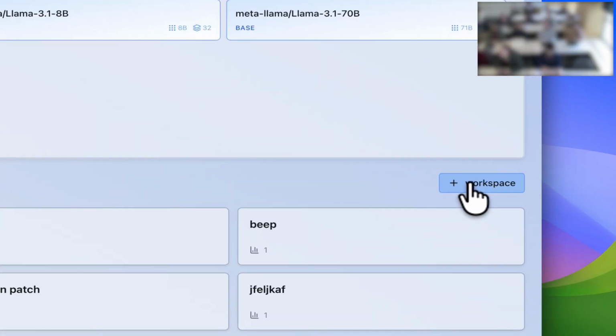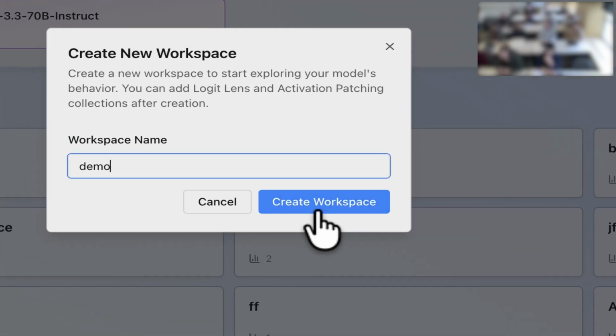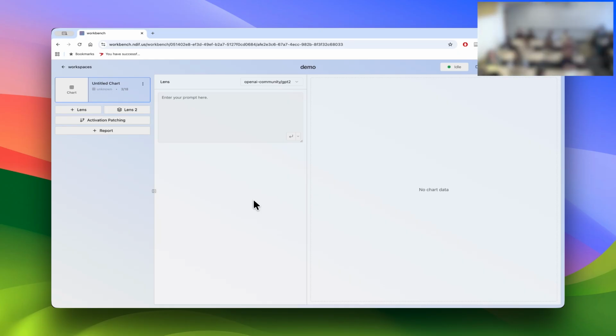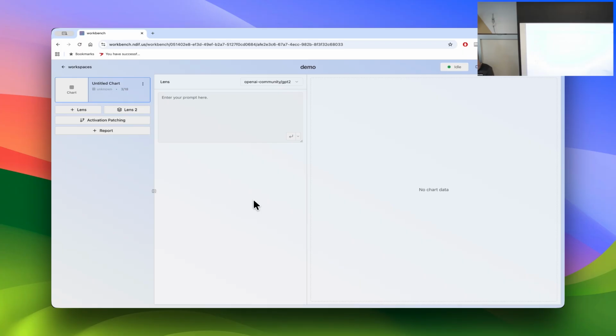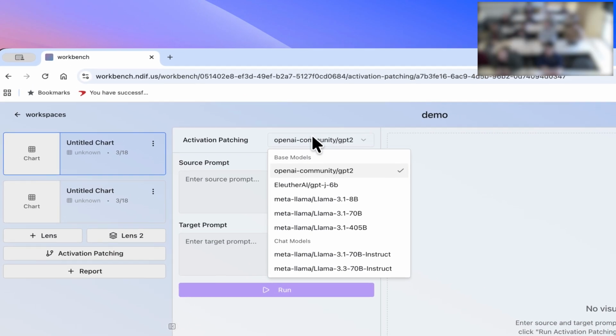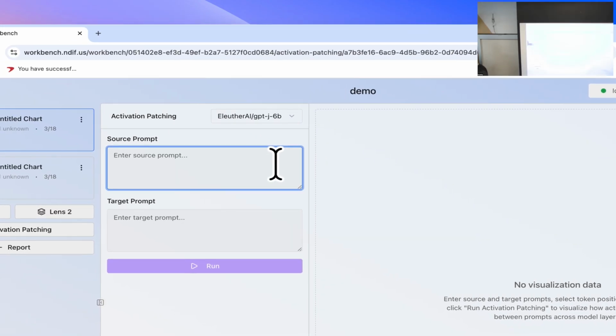It's not in this menu yet. It's okay. So I'm just going to put a little thing here. I'll say Miles Davis plays the something, whatever. What I'm going to do is use this new tool down here that Adam just added. It's very hidden, but it's down here. See this activation patching button? So you click on this, and there are two places to enter text. I'm going to use GPT-J 6B because it's a little smarter than the old one. So let me enter Miles Davis